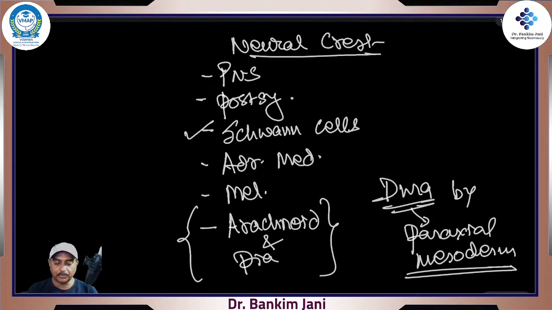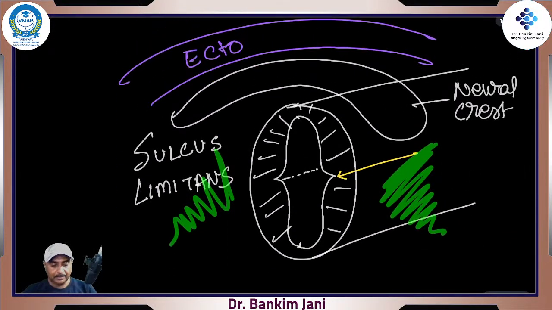Peripheral nervous system, postsynaptic fibers, Schwann cells, which will form one-to-one myelination of neurons, adrenal medulla, right? And then melanocytes, arachnoid and pia mater. Yes, that is by the neural crest. Well, again, the dura mater is by paraxial mesoderm. That's the situation. We have got the ectoderm, we have got the neural crest, we have got the neural tube,